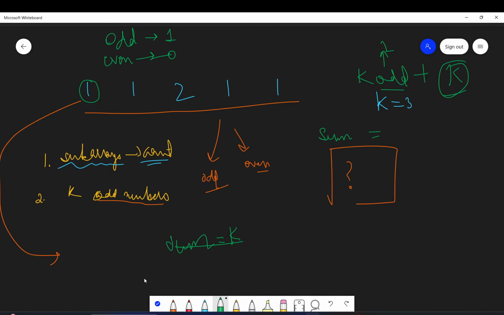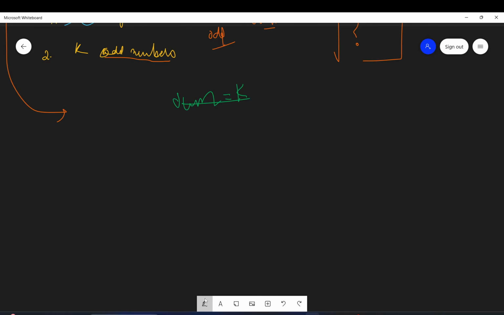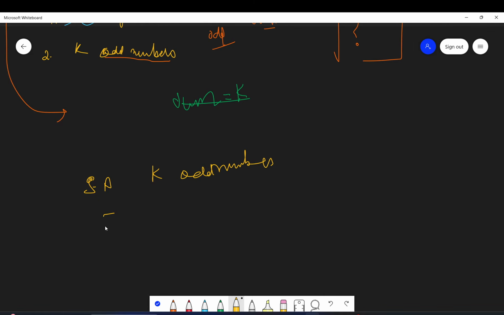If you didn't understand, don't worry. In the problem, you are given to find subarrays where k odd numbers are there. Let's say we have some array. What we are doing here is replacing the odd numbers by 1 and even numbers by 0.